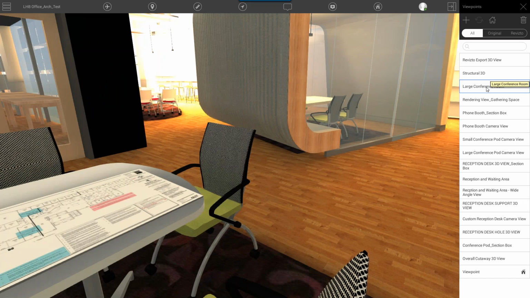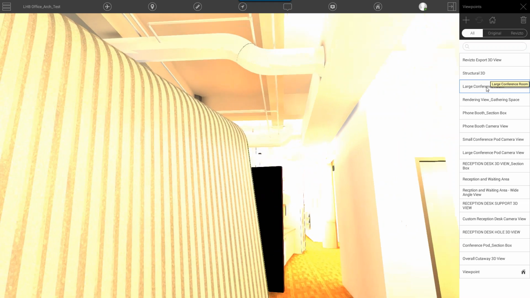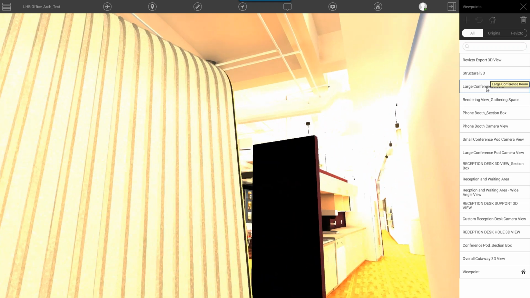Yeah, I would definitely submit it to support. I've sent them plenty of things, and I had an example once where the RPC person was about 300 feet tall for some reason, and there was some obscure setting in my Revit file. So they're pretty responsive when you send support tickets.